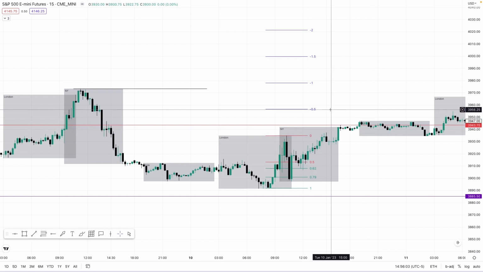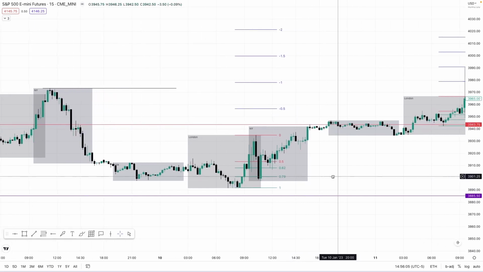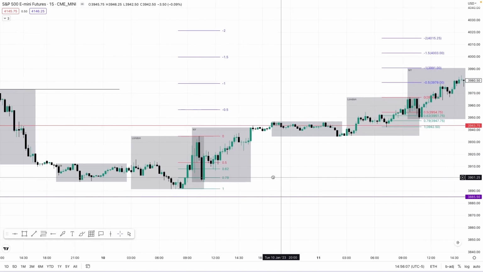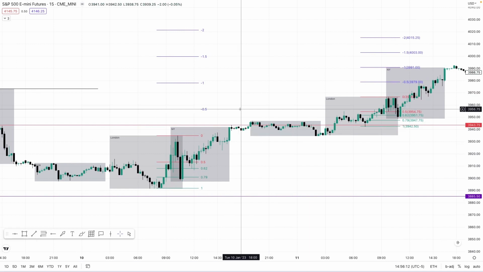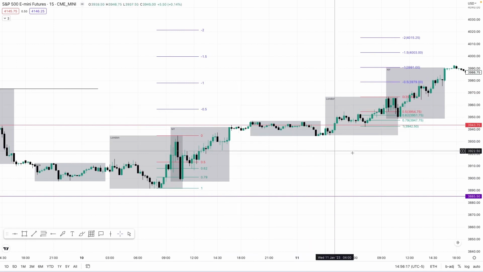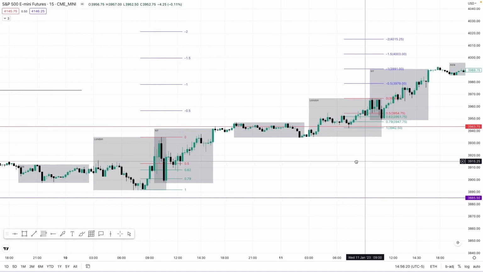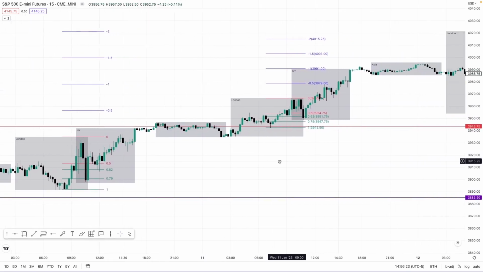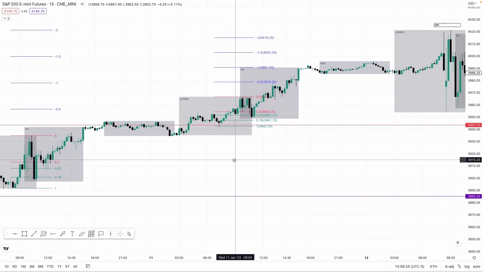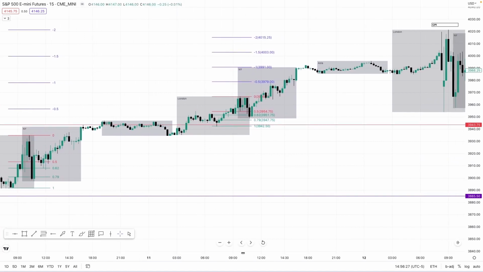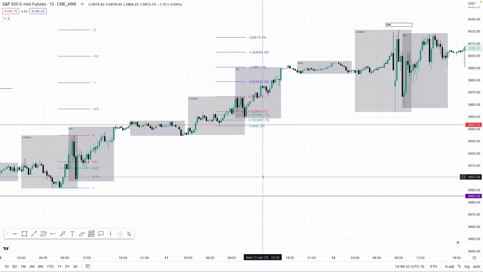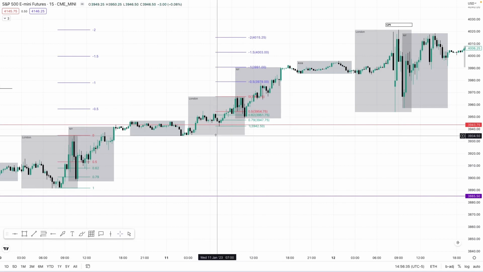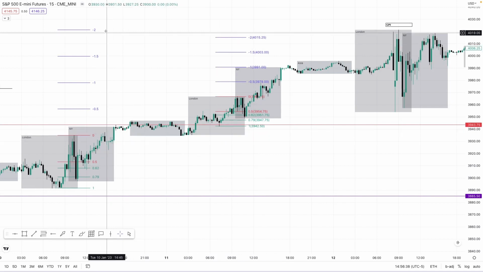So in this session we don't get it. We don't even get to 0.5, but as we move forward, we do get it in the next London session. Let me just tighten this up a little bit. Now look what we have here. So here's our projections,